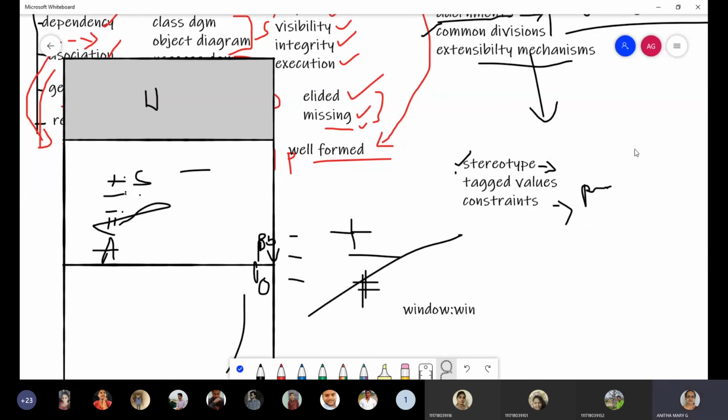Okay, so vocabulary and constraints, see here. So moving on to the first one about the stereotypes. So these 3 things I'll just show you in the Word document. You are able to view my screen, right? All of you? Yes, ma'am.